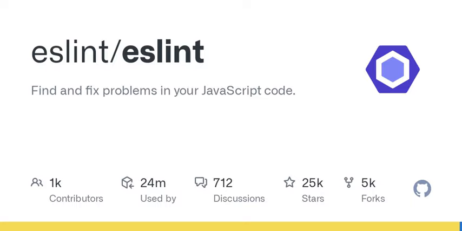Before we sign off, let's recap the essence of what we discussed today. ESLint is an invaluable tool that helps developers write better, cleaner, and more efficient JavaScript code through its rigorous linting capabilities. With simple installation,